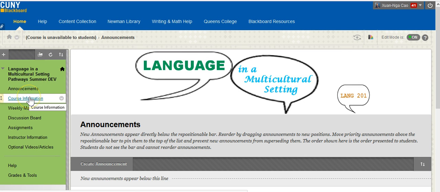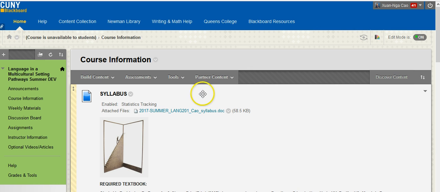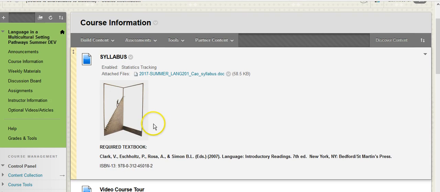Next is the course information. In the course information, that's what you have to go through in the first week of the semester. So first you have the syllabus. In the syllabus, it will tell you the different topics that I just described to you for this course. You will also have the required textbook, which is this one,